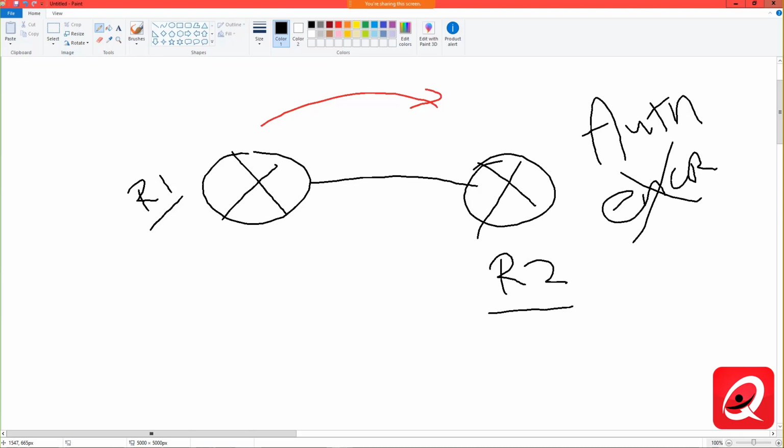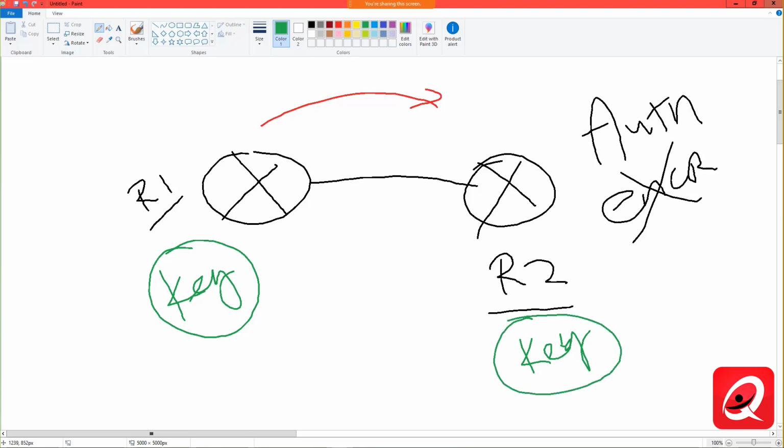So the way that this essentially works is we establish some keying material on each device, static keys that get configured, and we'll do that through the use of a keychain with key IDs and key strings. Let's assume in this case we only have a single key to make it simple. Each side has a key that gets configured, and whether we're running SHA or MD5, what's going to end up happening is we've got our hashing process that's running. We'll just say in this case MD5 on this router,